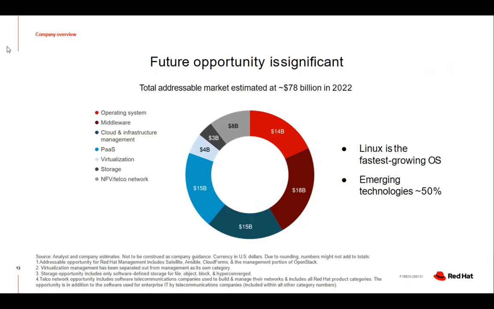The middleware market today stands at an $18 billion addressable market. So why do you think middleware will be the thing? Due to a lot of cloud native application development, middleware plays a very significant role in the application development story. Without a good middleware, your applications will not turn out the way you want them to be. They will not be really scalable. So we will see what we have to offer in the middleware portfolio in Red Hat.